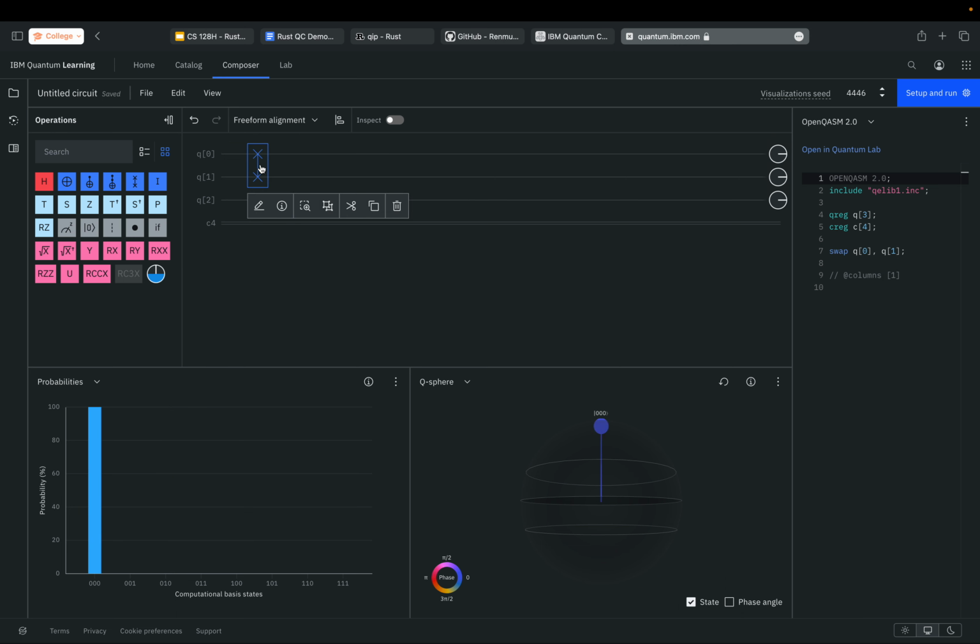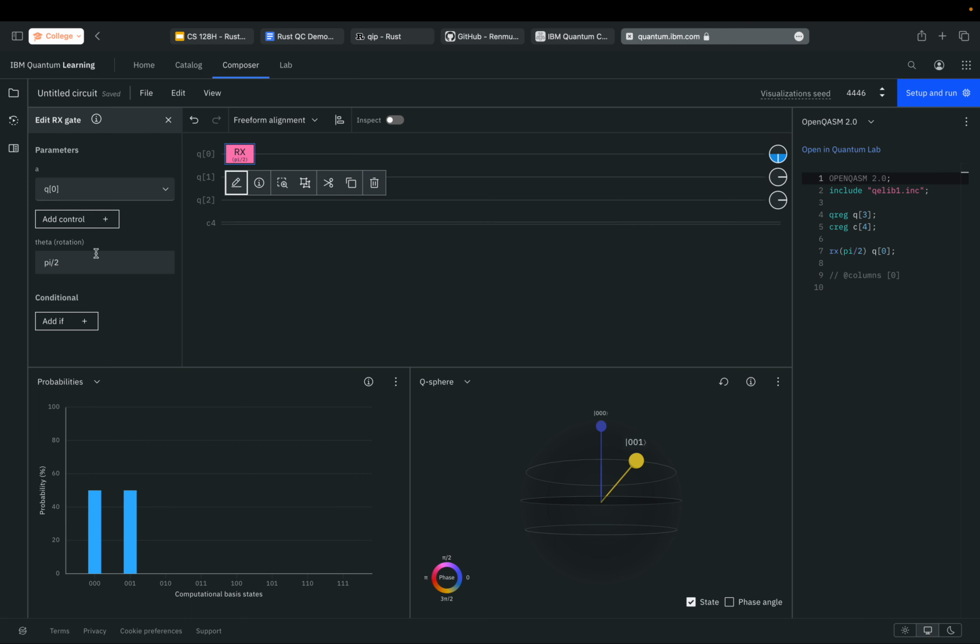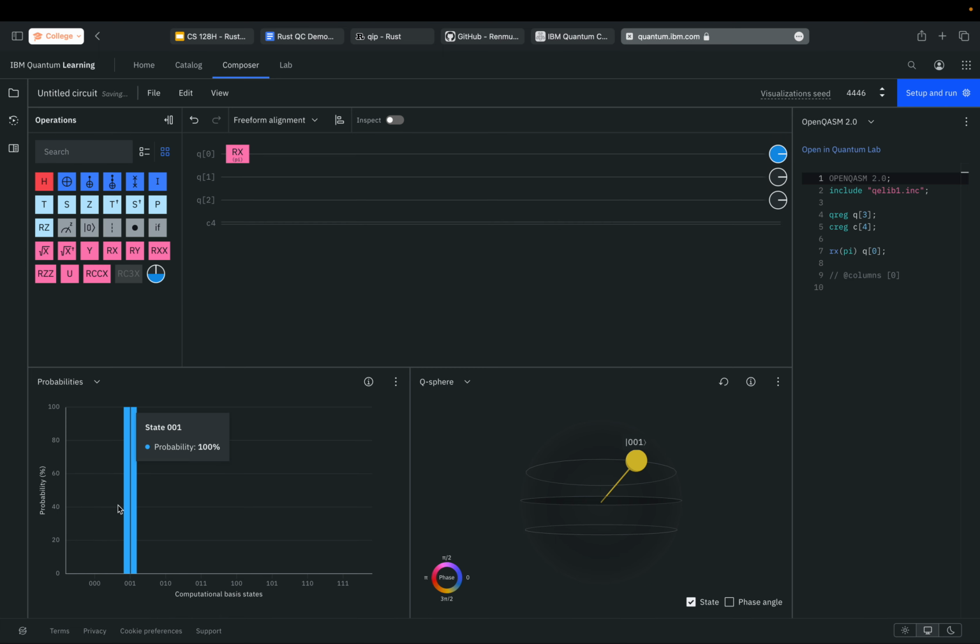Then you can do slightly more advanced gates, like this Rx, which rotates pi over 2 by default around the x-axis, but you can change how much. So I'll change it to pi. That essentially acts like a NOT gate, because under the hood, a NOT gate is a pi rotation around the x-axis. Same with